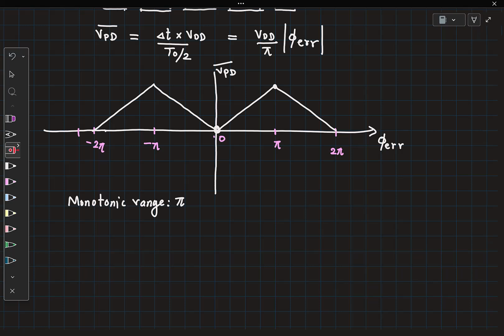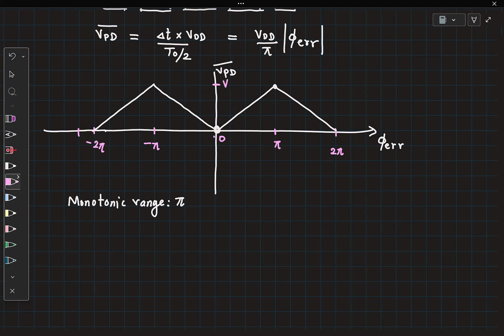You want to lock it to pi by 2, right? So you're saying pi by 2 because it is bang in the middle of a monotonic range. Now that argument is nice, but we will have to do something to shift this characteristic down. It is possible to do things in the loop such that you can shift the characteristic down, but a very easy way to shift it down without changing anything else would be to change the supply voltages of the XOR. If your XOR had supply voltage from minus VDD by 2 to plus VDD by 2, then this whole curve is simply shifting down by VDD by 2.